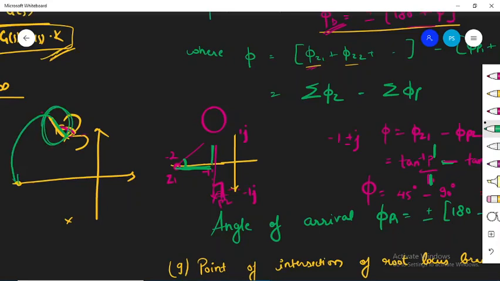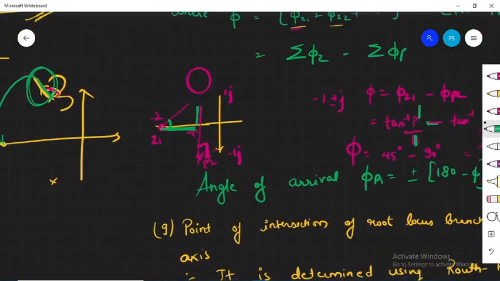So now when you have to calculate phi for P1, then you need not do the same process for P2. We always have, if we are talking about complex poles, then complex poles means they'll always be in pair. ठीक है, अगर यहाँ पे P1 है तो यहाँ P2 होगा ही. ऐसा नहीं होगा कि आपके पास एक कॉम्प्लेक्स पोल है दूसरा कॉम्प्लेक्स पोल है ही नहीं. So they'll always be in pair.